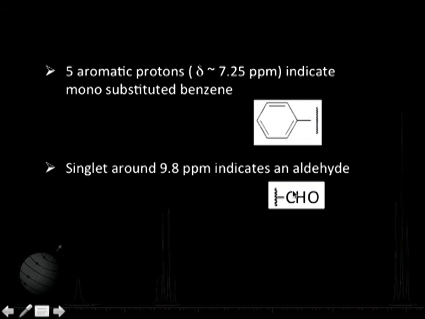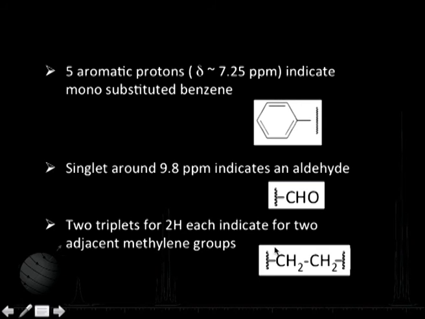So, there is one fragment like CHO in the molecule. One is my monosubstituted benzene or phenyl ring there. The second happens to be an aldehyde. Let us go further. What you find is that there are 2 triplets of 2 protons each, say around about